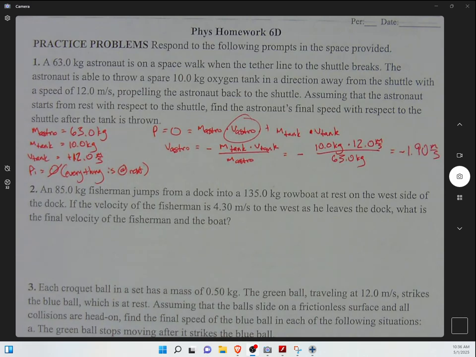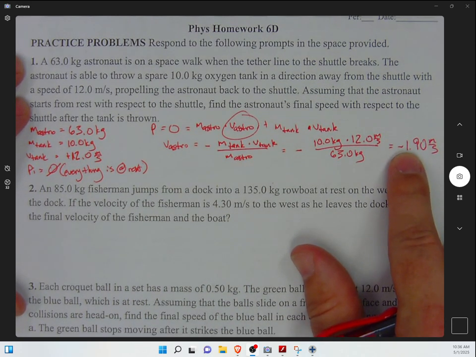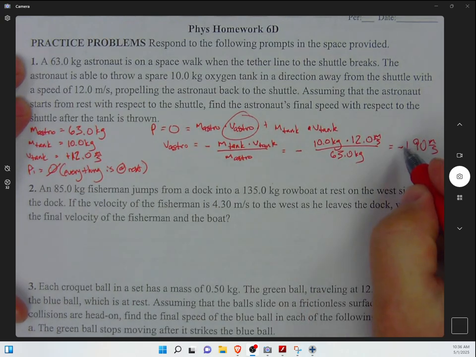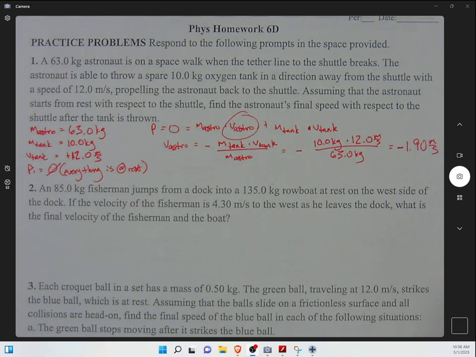We're just establishing a direction, and so you could just as easily have made the direction of the tank after it's thrown to be negative as well, right? That's totally arbitrary. All we need to do is be consistent in the way we use the sign conventions here. And so because my final answer comes out to be negative 1.90 meters per second, what that means is the